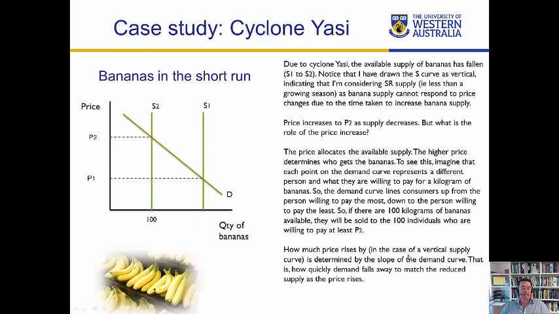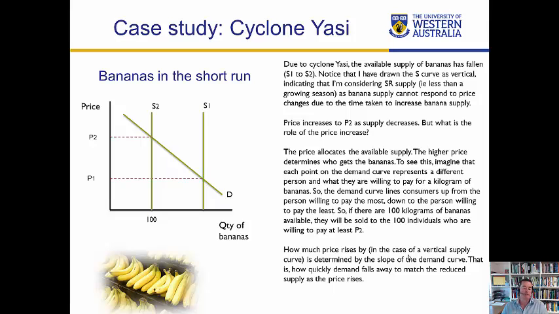The next slide, we've got a case study, and we've got a situation where we're looking at Cyclone Yasi. For those of you who don't know or don't remember, Cyclone Yasi hit Queensland quite a few years ago now and wiped out banana crops. And because the banana crops were wiped out, production of bananas in Australia really fell substantially. So supply decreased from S1 down to, say, S2,